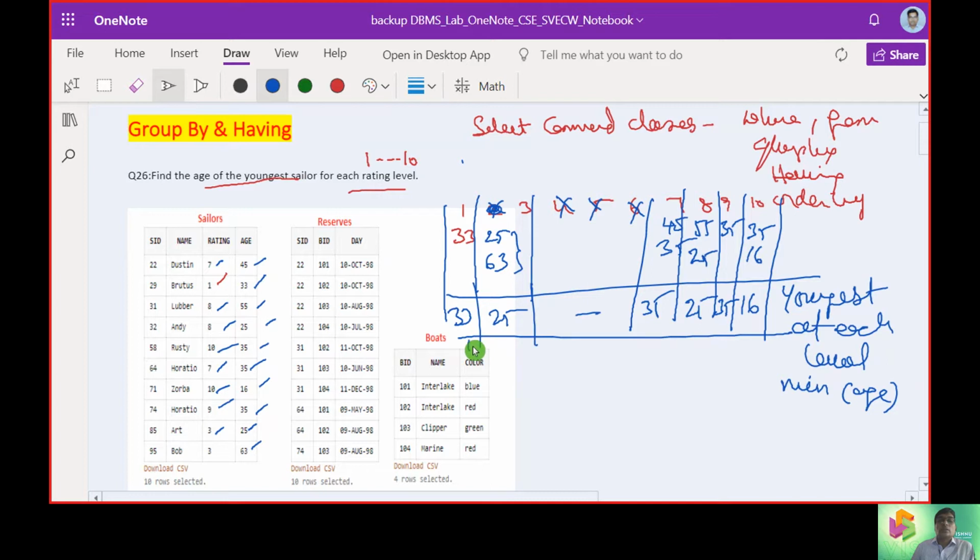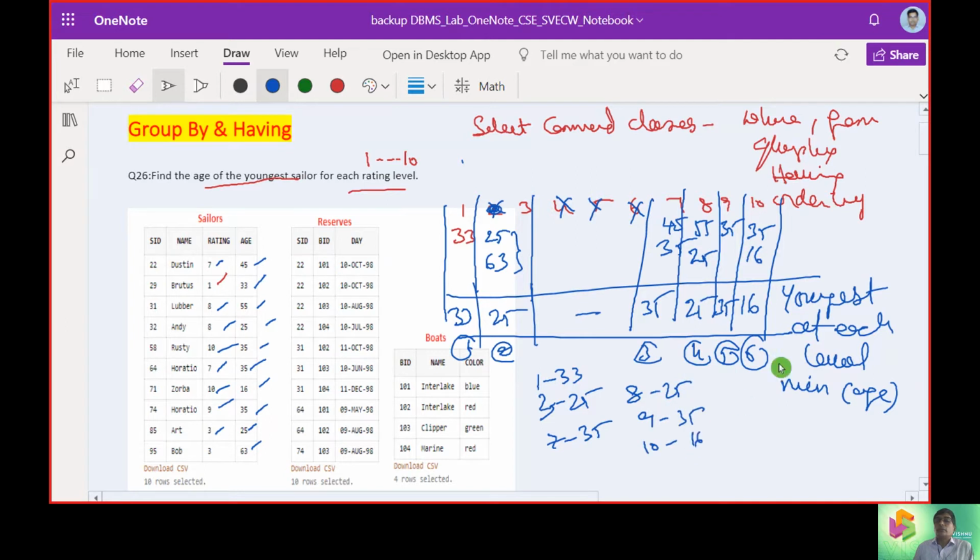So rating 1 should be 33, rating 3 should be 25, rating 7 should be 35, rating 8 should be 25, rating 9 should be 35, and rating 10 should be 16.